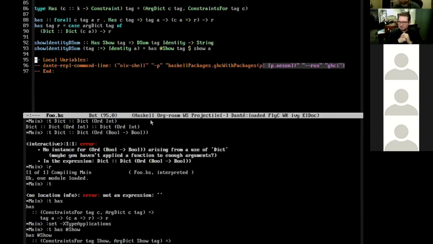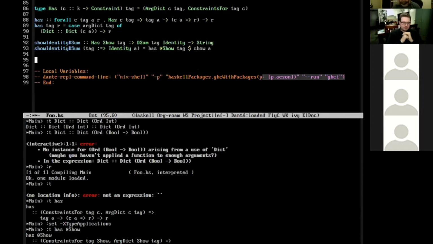So what we're going to do is, first off, a cool trick to let us write sort of a function composition of constraints.